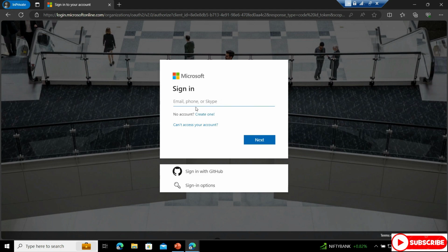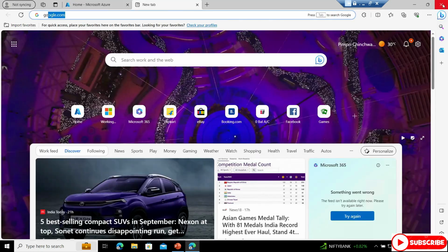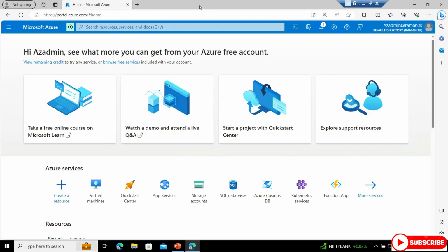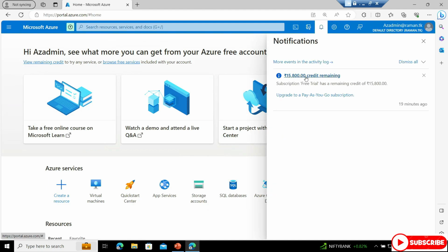Don't worry, after 1 month is complete, Microsoft will ask you if you want to go with pay as you go, and if not, you won't be charged, and if you go, you will be charged based on what services or resources you have in your subscription. I already have created a free account for myself. This is my free account. Let's check my balance, which is 15,800 rupees, the equivalent of $200. I do have a free trial for a month, so all good to go.